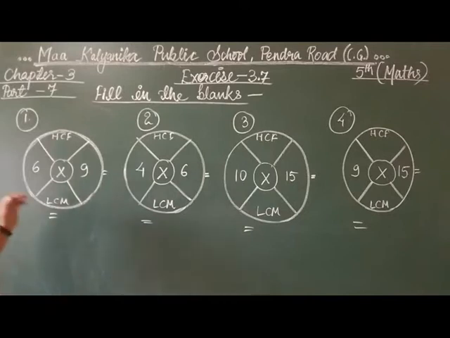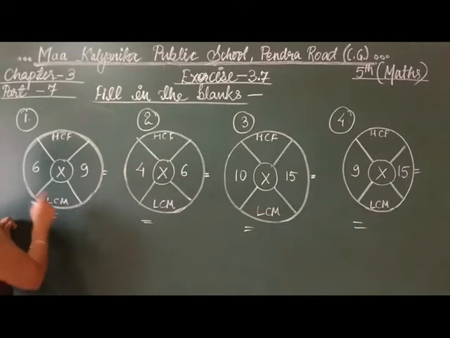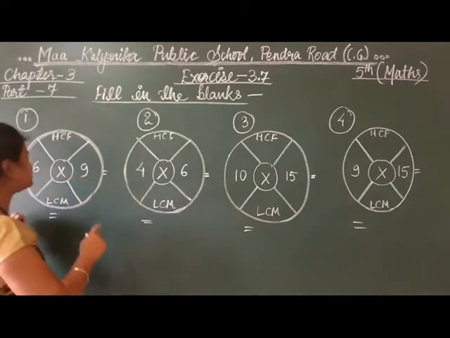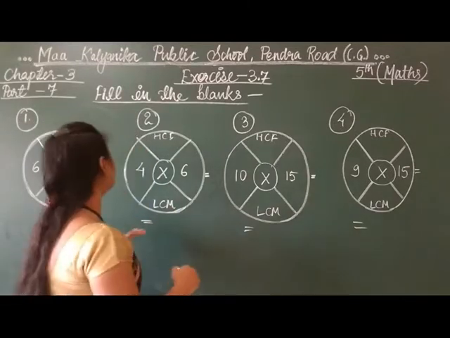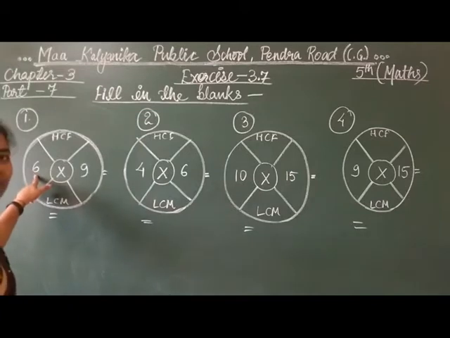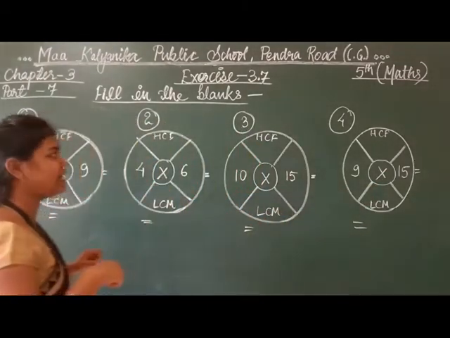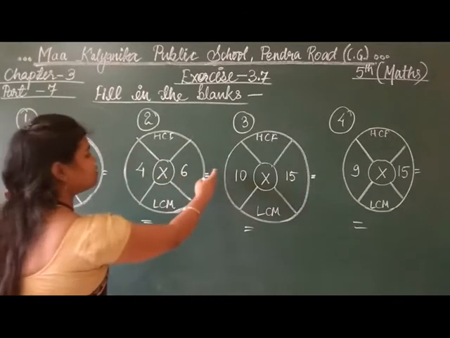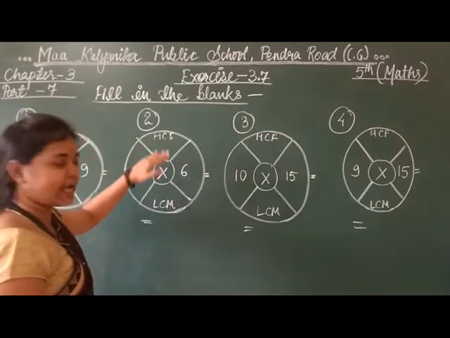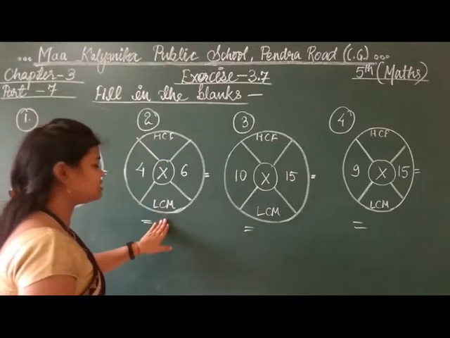So students, you are able to see that here HCF is given, here LCM is given, and 6 and 9, 2 numbers are there. Okay, so how to solve it, I will tell you one by one. See students, it is given 6 and 9. Inside all the circles, see, one cross sign is there. So this is the sign of multiplication. So students, you have to multiply these numbers right here, and after finding the HCF and LCM we have to write them down here and multiply both, and the answer we will write here.